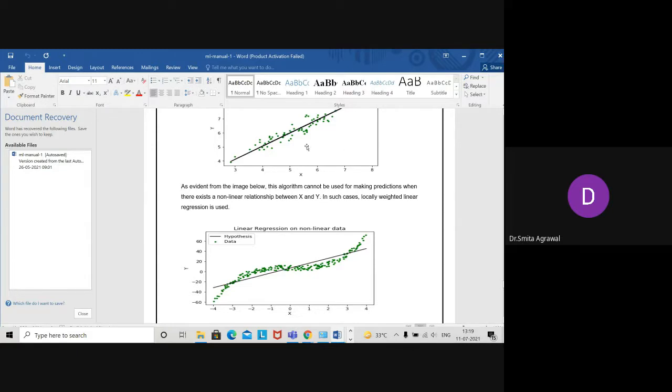So we use the linear regression analysis method when the data set given to us has a linear relationship between X and Y. But if there is a non-linear relationship between X and Y, then in that case we use the locally weighted linear regression method.